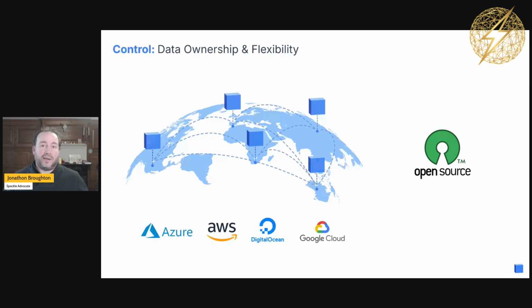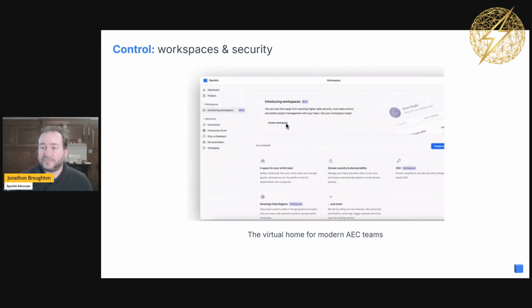Or if we're working on a project in the Kingdom of Saudi Arabia, we can both be working in the US and in the EU, but the data is sat in the Kingdom of Saudi Arabia. Places all around the world are starting to be very savvy about where data survives and where data lives, regardless of the usefulness of some of those data sovereignty rules. Speckle's built and ready to go.